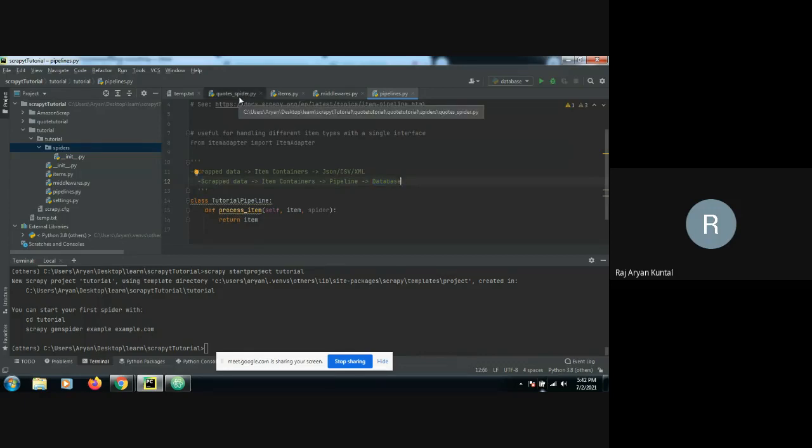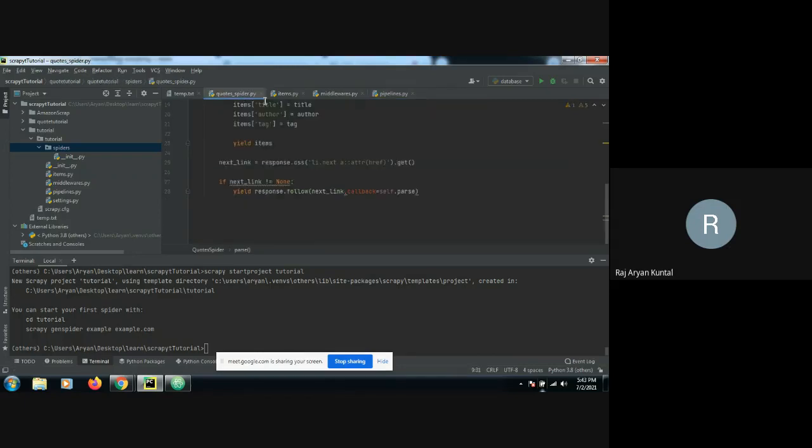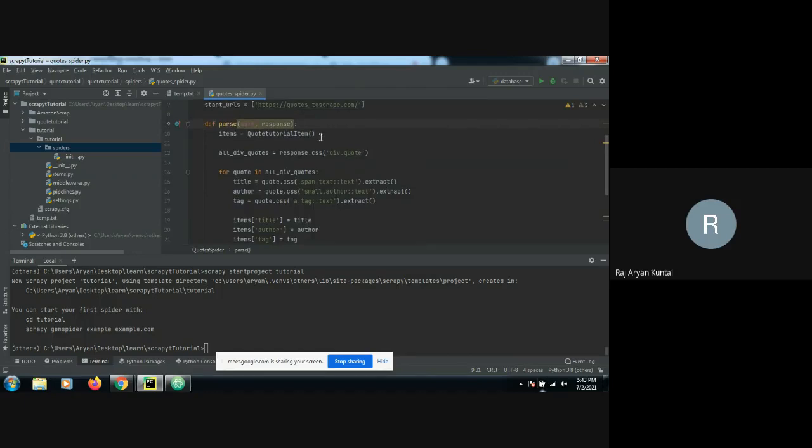So I guess for now I'll explain the code, and we'll create a spider in the next class because there are only 15 minutes. So as I was saying,